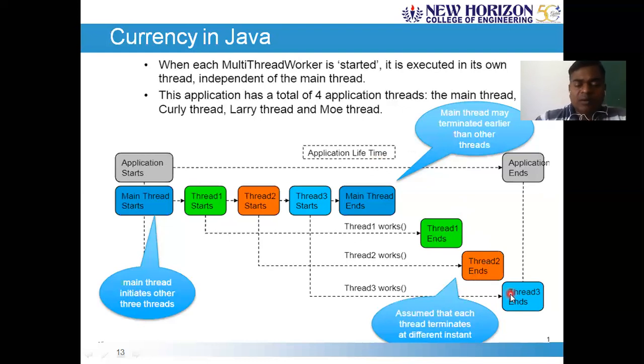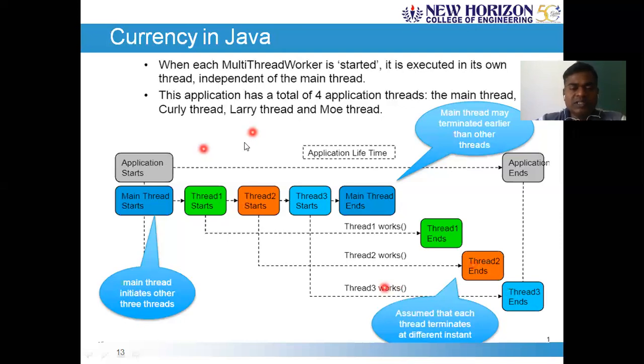The completion of thread execution is not under the programmer's control. The system will decide based on the load you have given, and it ends the respective threads. Based on the task you have assigned to each thread, it will decide on the completion state.